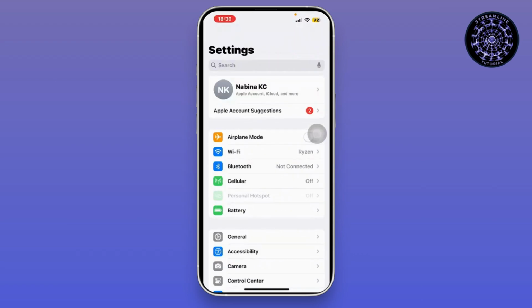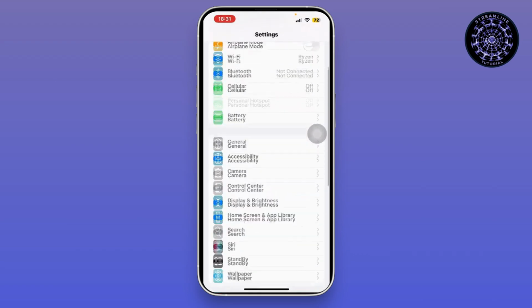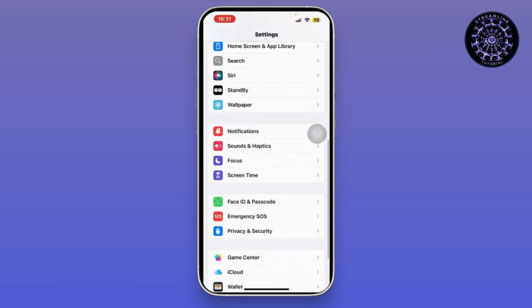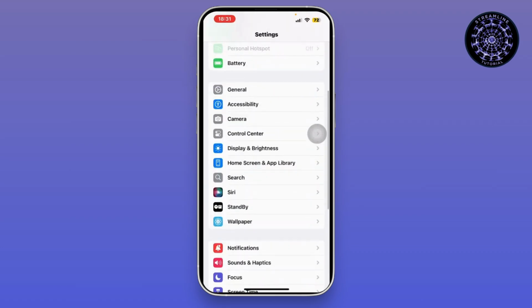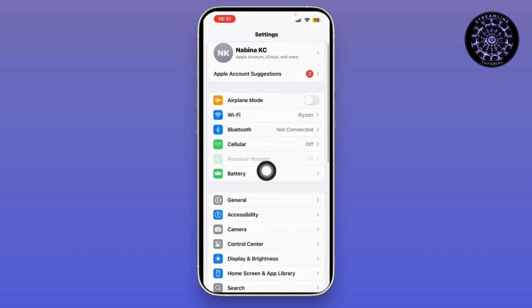Once you are here, you have to go to your Personal Hotspot. Scroll down and tap on Personal Hotspot here. If it's not listed directly, it may be under Cellular Data or Mobile Data, depending on your carrier and region. In the Personal Hotspot section, you will see a list of